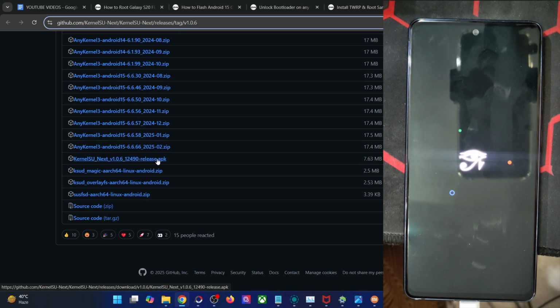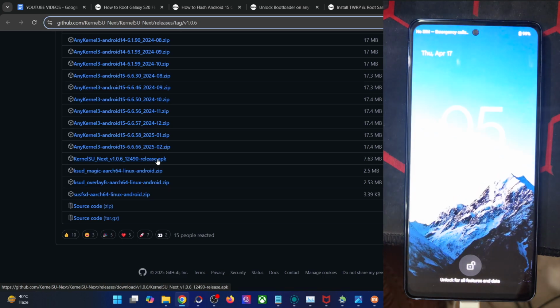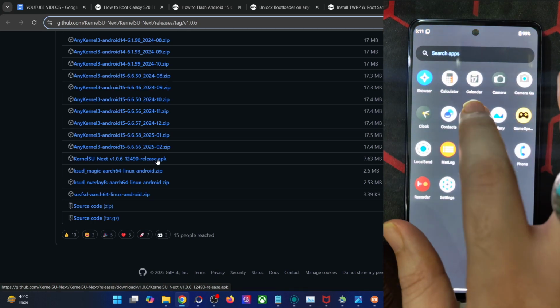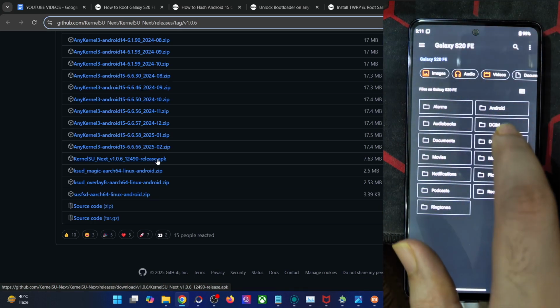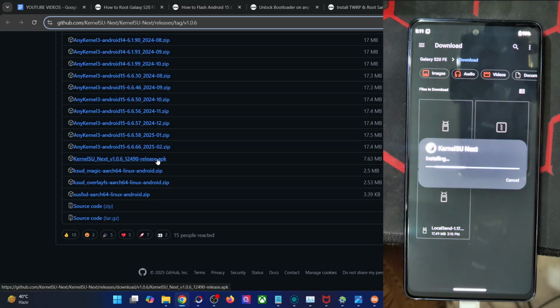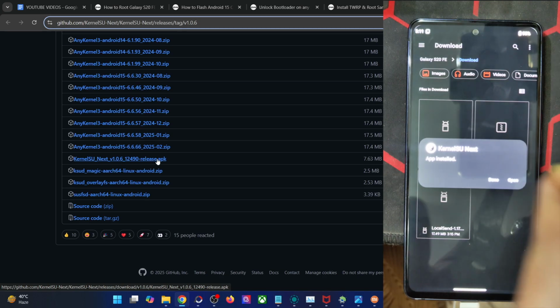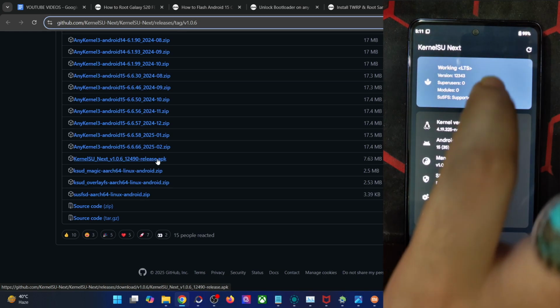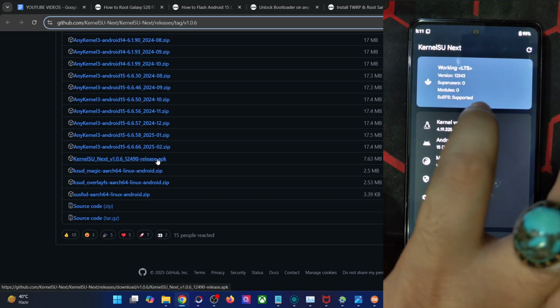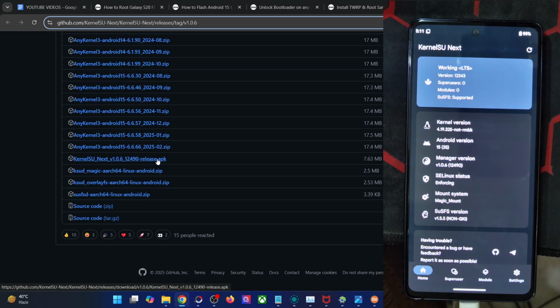And now that is done, we could now install the app onto our phone as well. So as of now, the kernel has been flashed in the backend, but we need an app in the front end as well to manage the kernel. So let's install that app, the KernelSU Next app. Simply install the APK file. Now launch it and let's verify what happened this time around. As you could see, it's now working. So the module is now working and it supports SUSFS as well. So let's proceed ahead and flash the module.